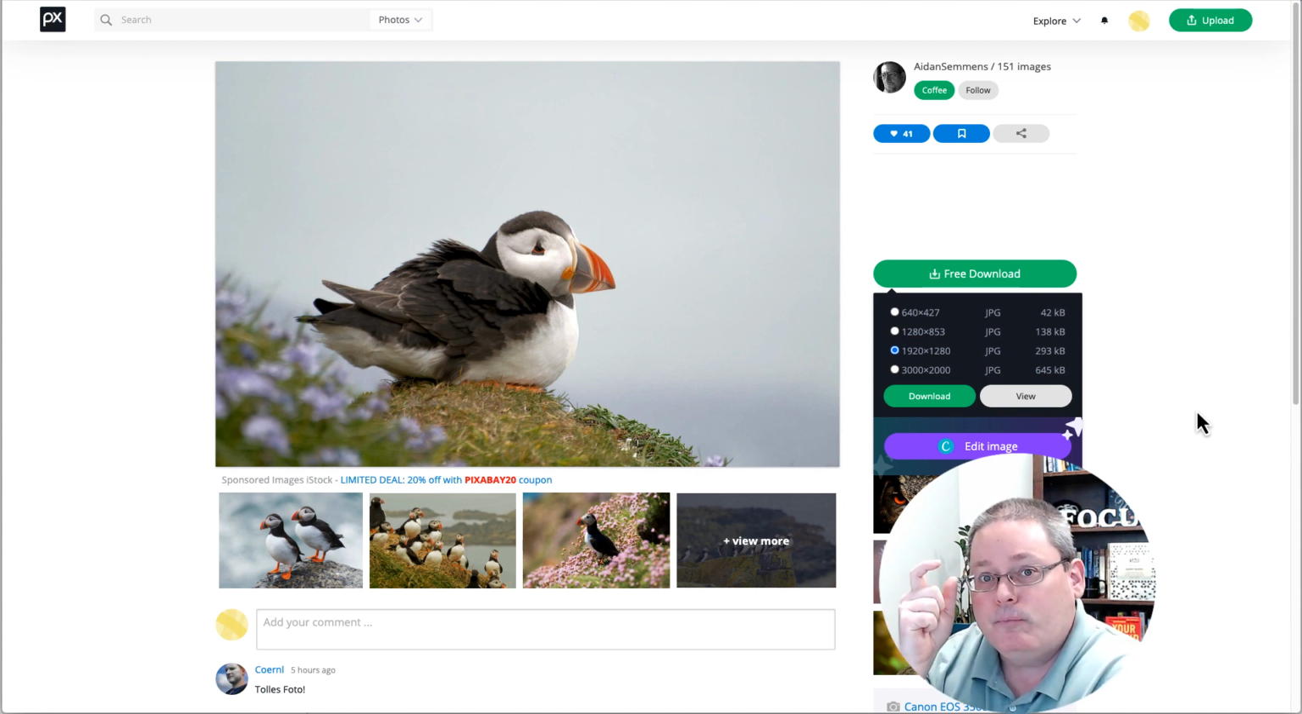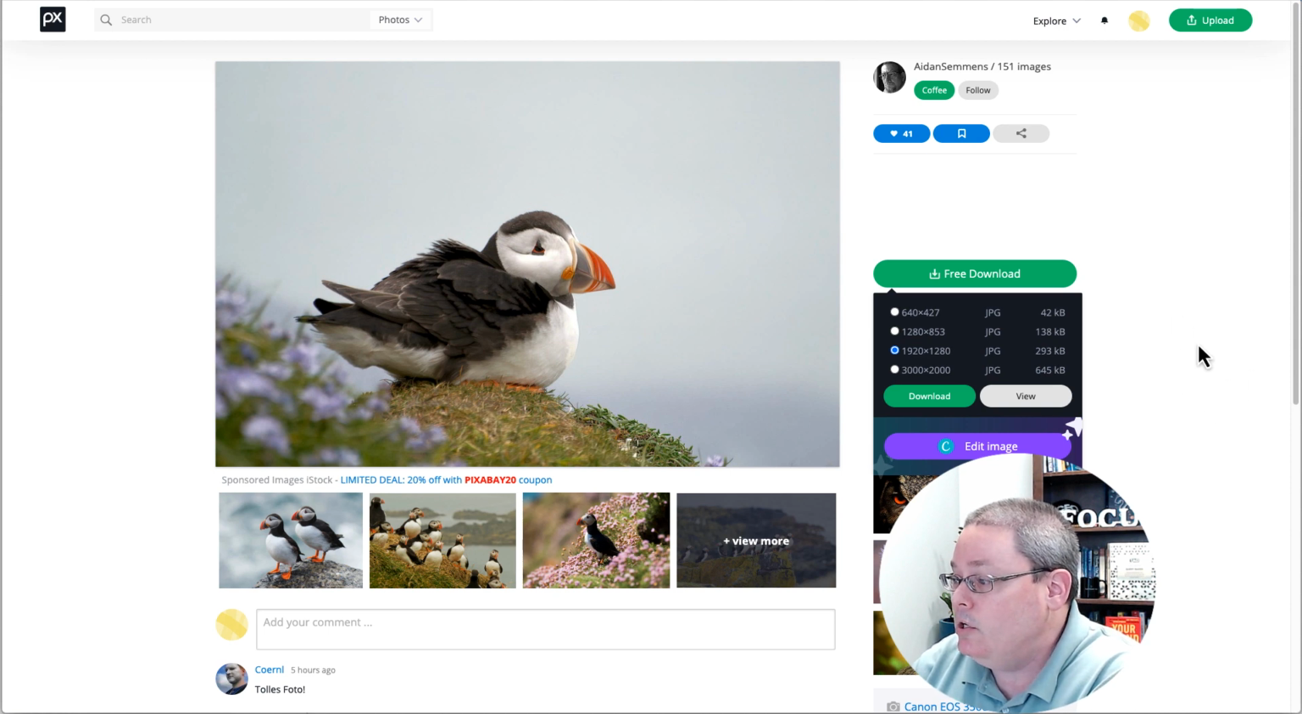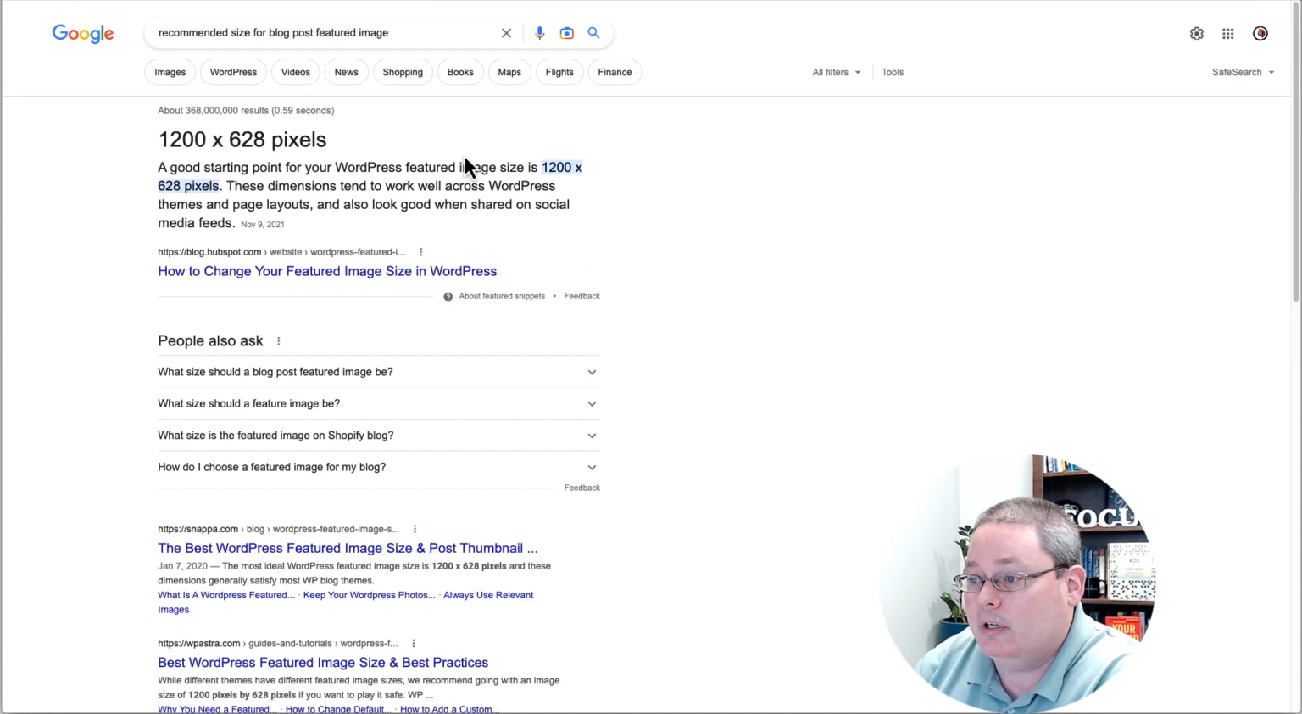And the mention that I got in the comments was about resizing the image, because I was thinking about compression and smushing the image, or how I showed you could do that with some online software, or how I do it with WordPress plugins. But when you're on Pixabay, you can see here that if you just resize the image, then it changes the file size. Now we're going to go with this recommended 1200 by 628 pixels that we got from blog.hubspot, this Google snippet